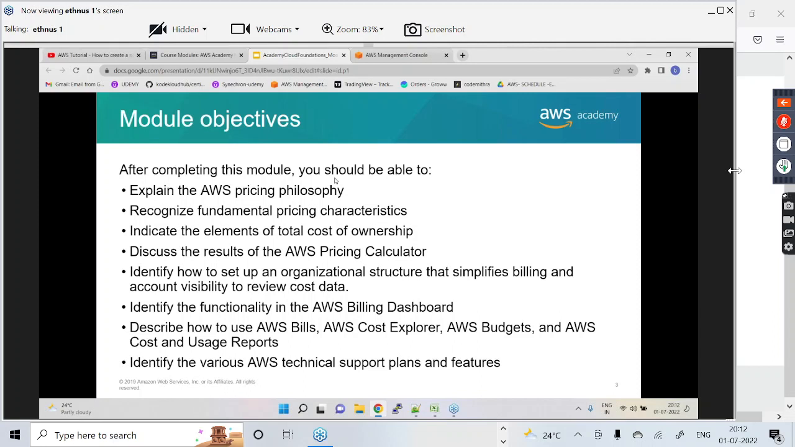What are the different kinds of technical support plans, and what are the features of each and every AWS